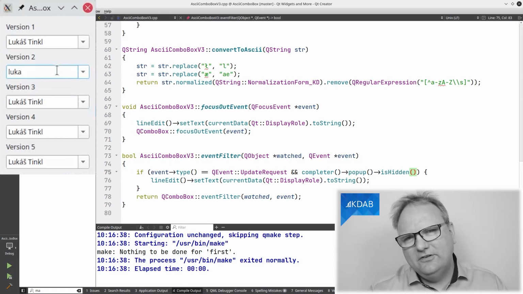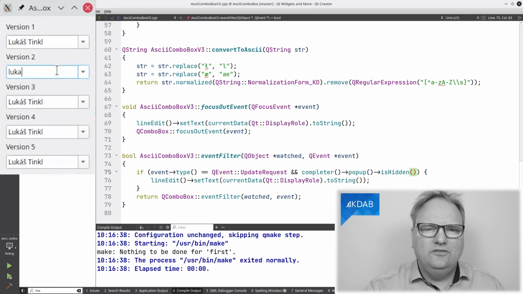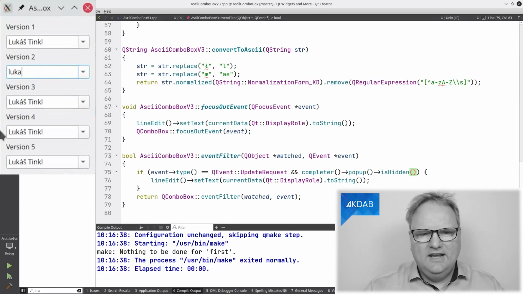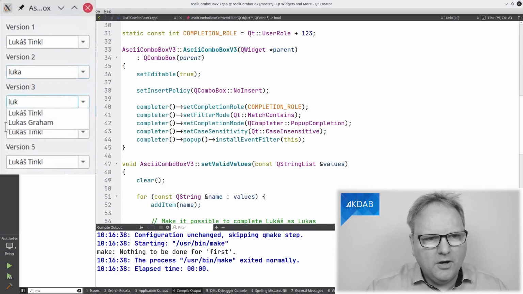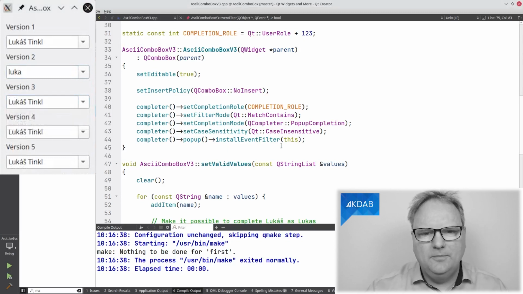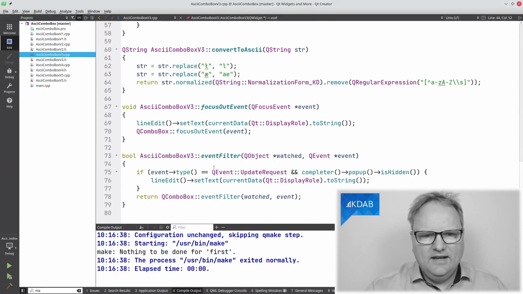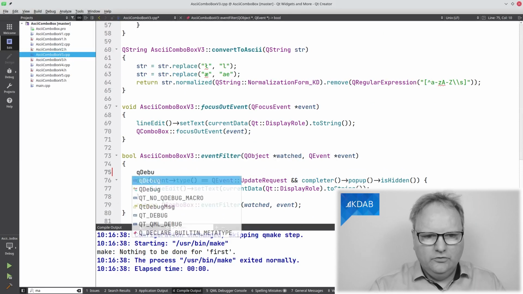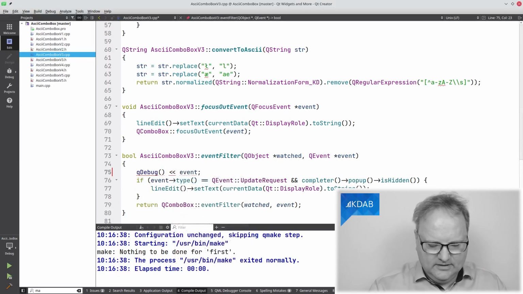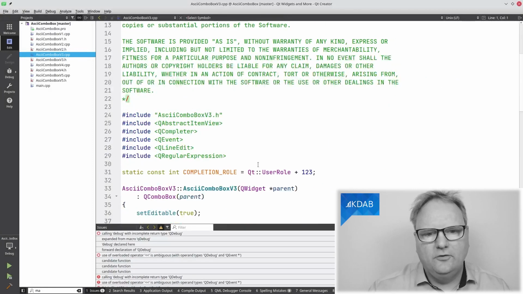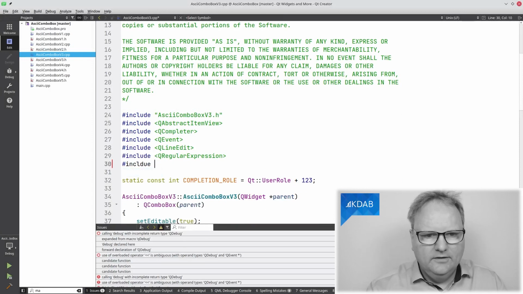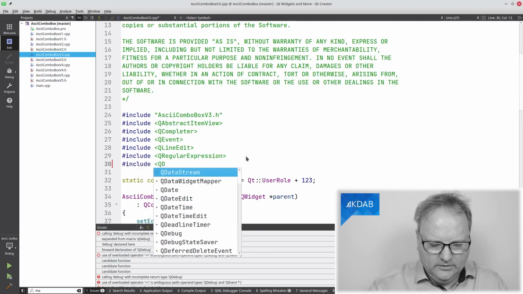An event filter is a way of listening to the events of some objects. And you can see me up here, I install my event filter on the pop-up. I found that the completer has this pop-up. So when I type over here, the pop-up that comes down here, I can access that using popup. I installed an event filter on it. And what I did basically was to do qDebug event, and then I looked at the events being printed out. I need to include QDebug for that to be possible. We do that here. And I cannot spell include for some reason, QDebug.